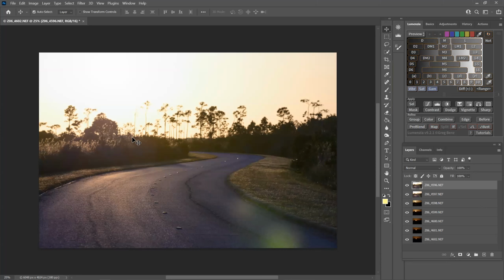But this is just about focus stacking. We are not trying to make a tasteful image. I do eventually want to make this nice, and eventually there is a way to get rid of these. As you may or may not know, I'm a big fan of Adam Gibbs, and he did a video on how to get rid of lens flare.